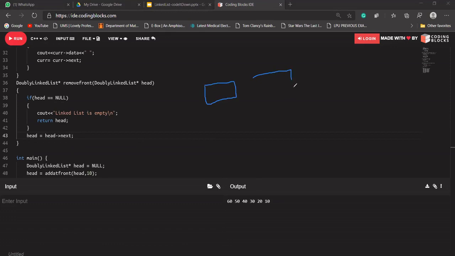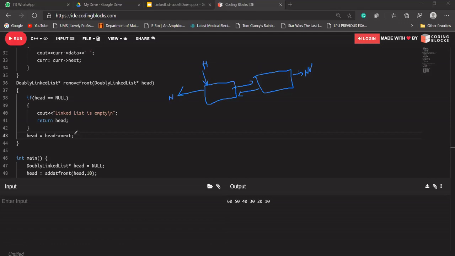Head will be pointing to this node, its previous will be pointing to a null value, and its next will also be pointing to a null value. Head is currently pointing to this node. So now our head should point to head's next.